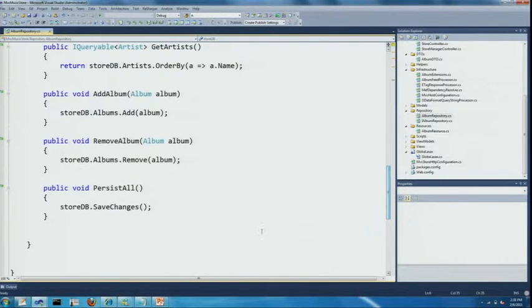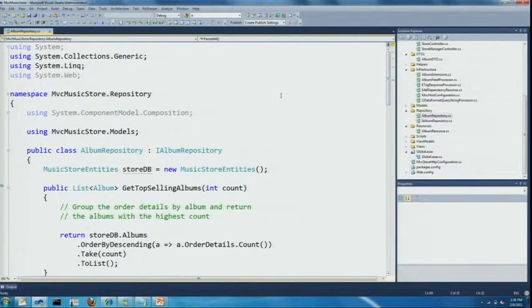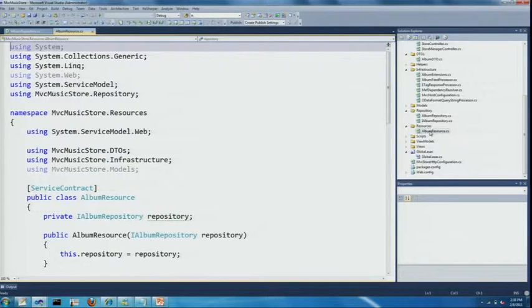And it's persistence ignorant in the sense that I just work with the repository and then I tell it to persist, and it does the saving. Now, behind the scenes, it's using Entity Framework Code First, but that's actually not that important to what we're going to show. And so I'm going to create this album resource.